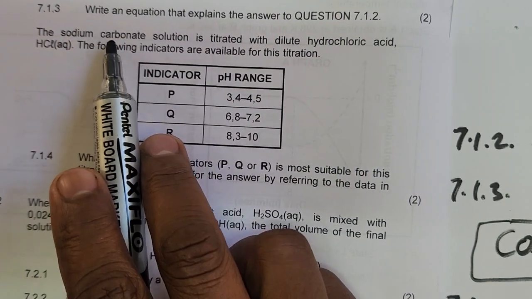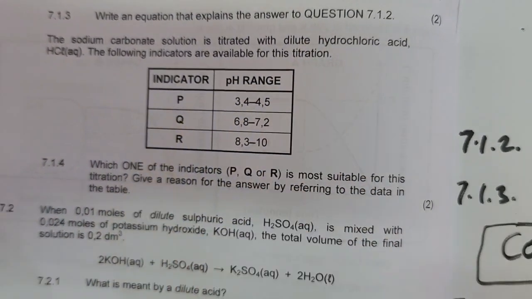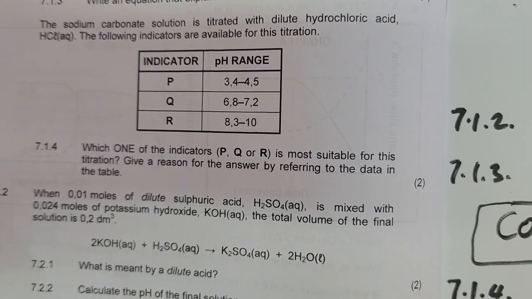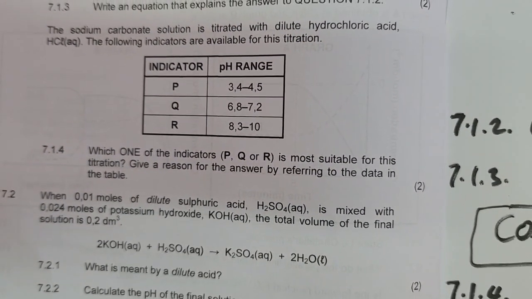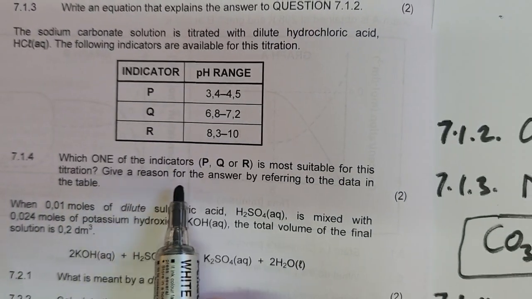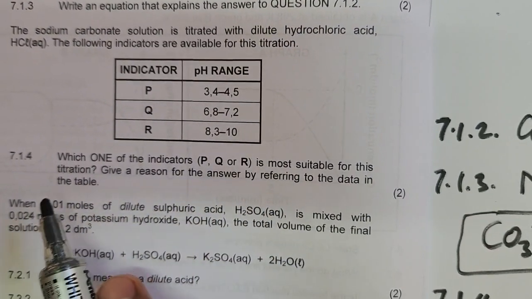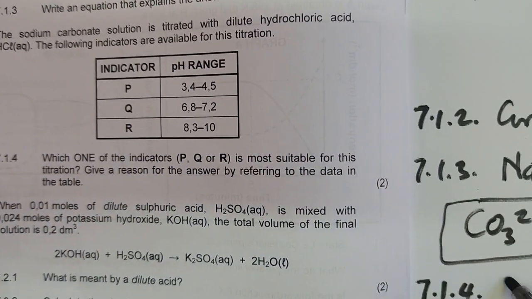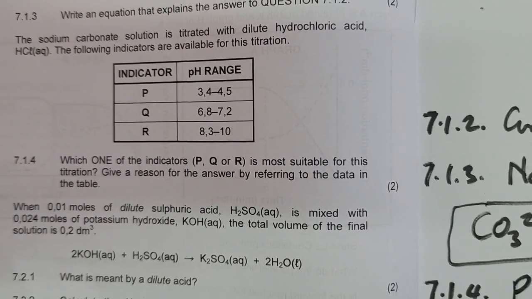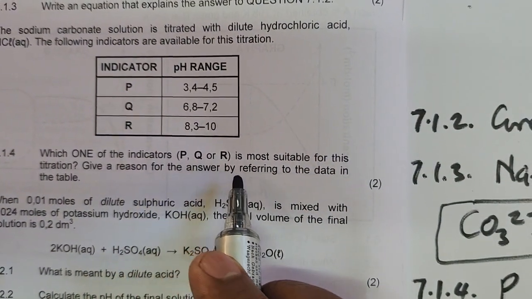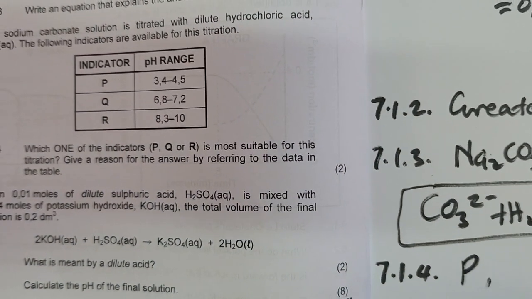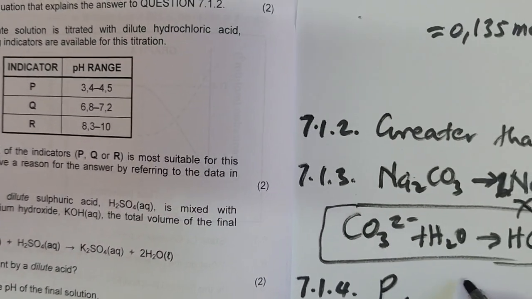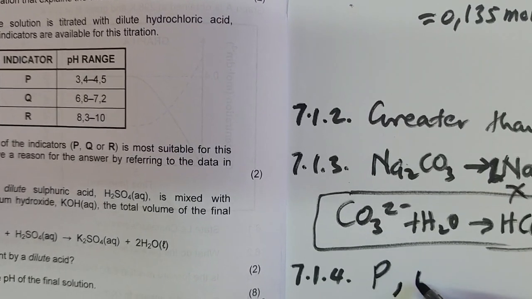Sodium carbonate is a weak base and a strong acid. Therefore, it will be slightly acidic, below 7. Therefore, which one of the indicators P, Q, R is the most suitable one? Because it's less than 7, then obviously it will be P. And then for this titration, give reason for the answer. It's a weak acid titration of